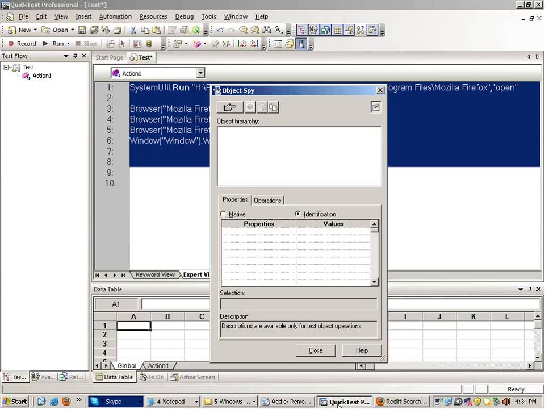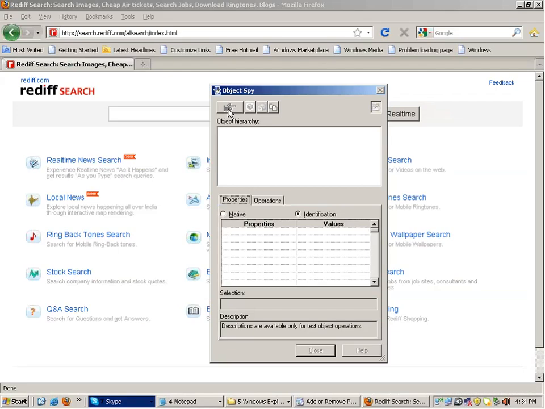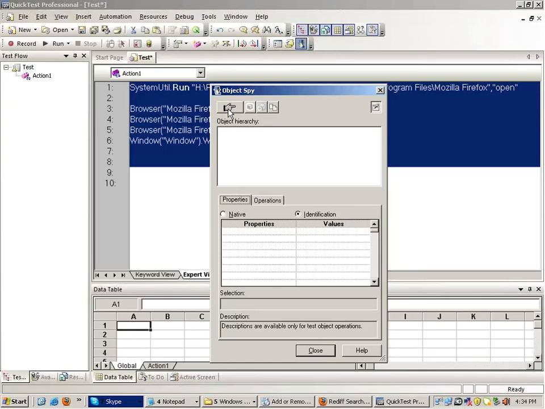So basically the browser is behind QTP. When I click on this hand, QTP will disappear and the browser will come up. This is how you use Spy. I'll tell you the relevance of it. Just a minute. When you click on this again, QTP will come back.